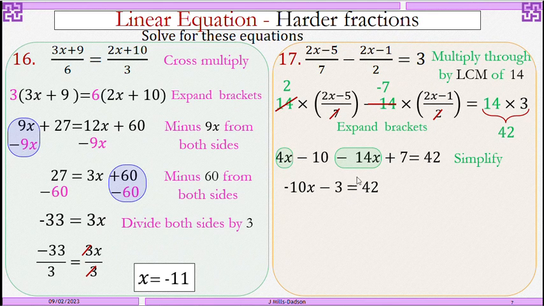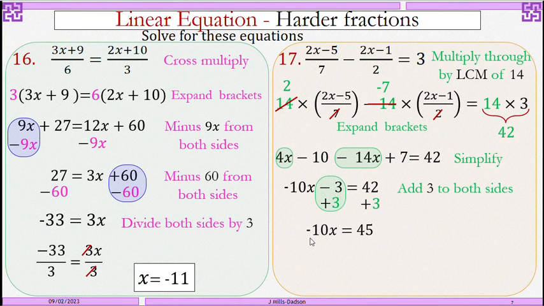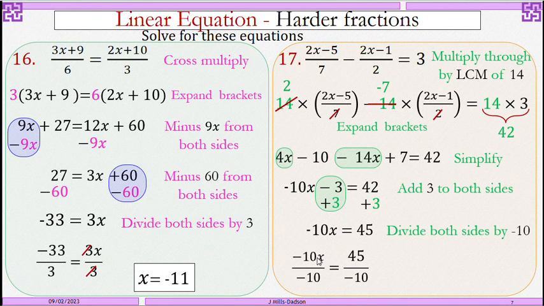How do you get rid of minus 3? By adding 3 to both sides. So you're going to have negative 10x is equal to 45. Negative 10 is multiplying x. So to reverse negative 10 multiplying, you divide both sides by negative 10. Negative 10 divided by negative 10 cancels out, so that becomes 1. So x is equal to negative 45 divided by 10, which gives us negative 4.5, or you can leave it